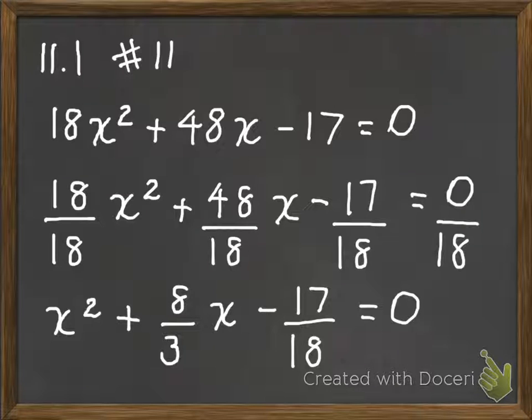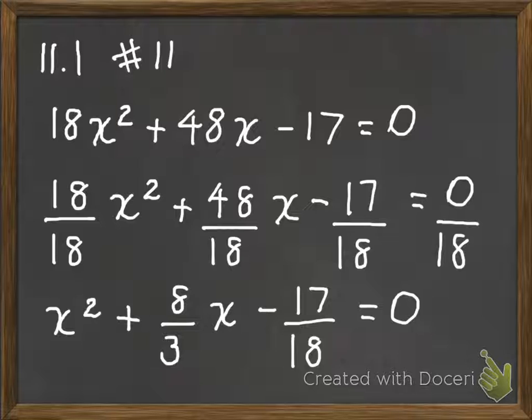Okay, this is a demonstration of number 11 in section 11.1 on solving quadratic equations by completing the square. The equation is 18x squared plus 48x minus 17 equals 0. The first step when solving quadratic equations, which we have here,